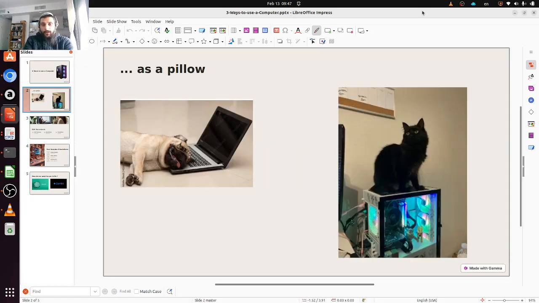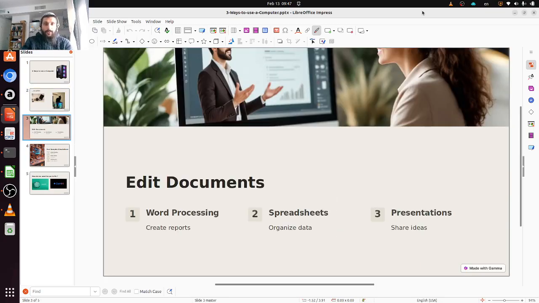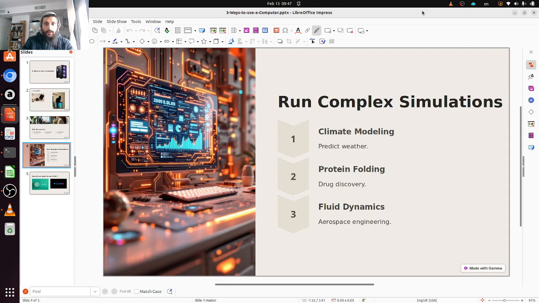So we could completely fail to use any potential of the computer by using it as a pillow. We could use only a tiny portion of its full potential by applying it only to edit documents such as Word documents or Excel spreadsheets, or we could take advantage of its full potential by running complex simulations on it, such as